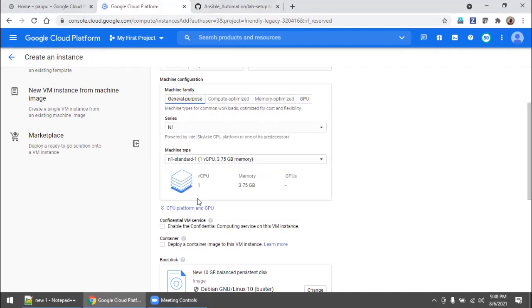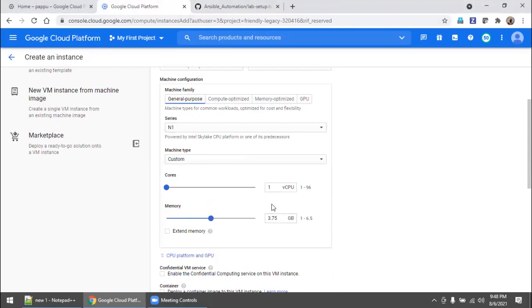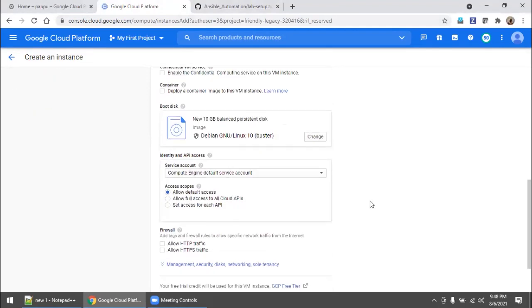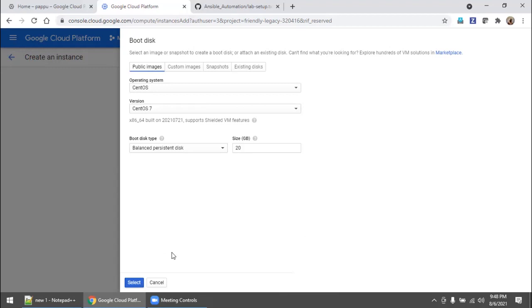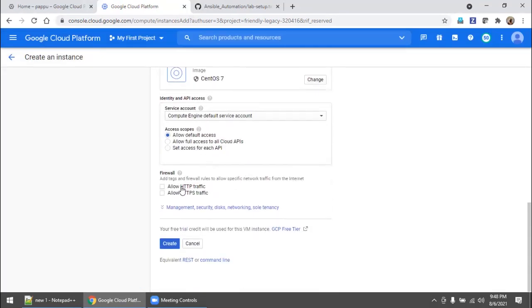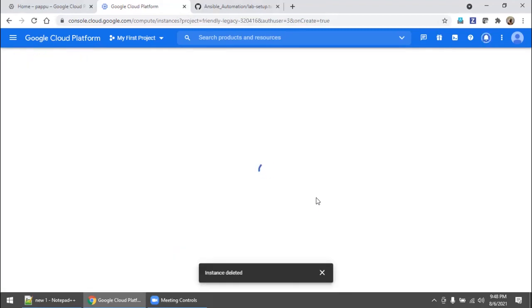The previous version is N1, and you can go with custom. All I need is one CPU, 1 GB RAM. Come down. I need CentOS 7. So select CentOS 7, come down, allow full access, and say create. So the server we have created.